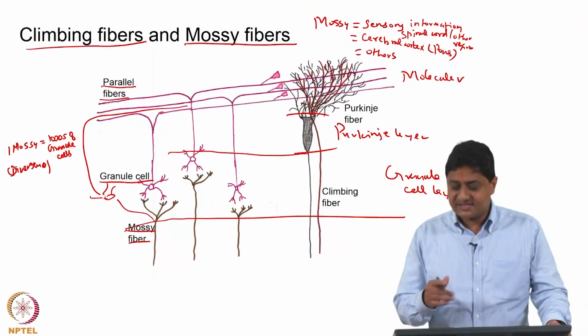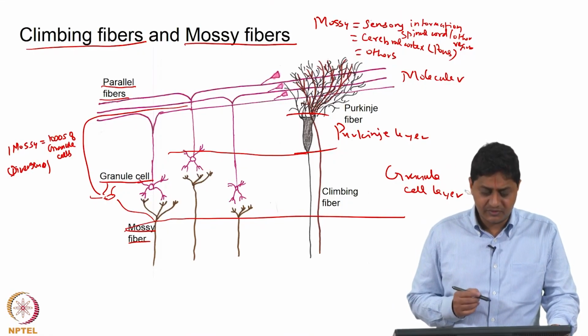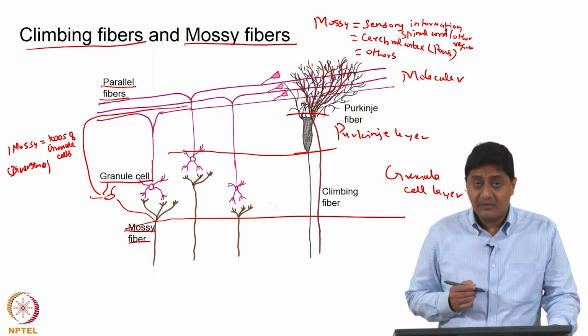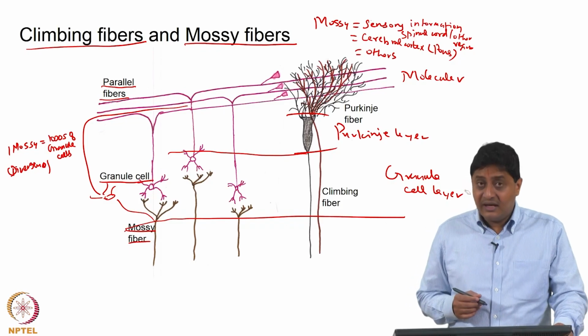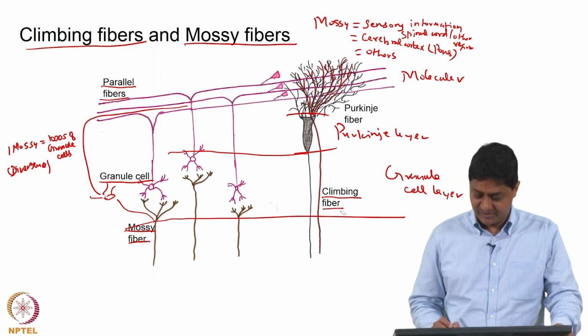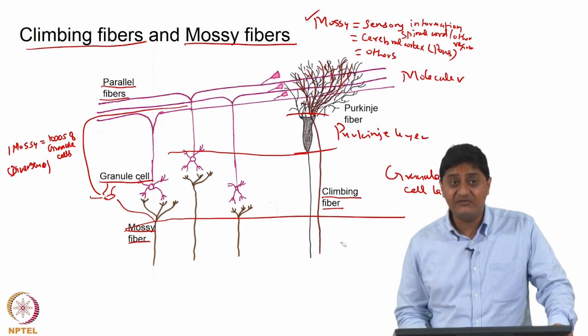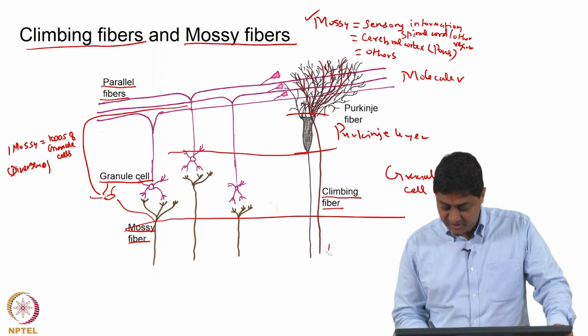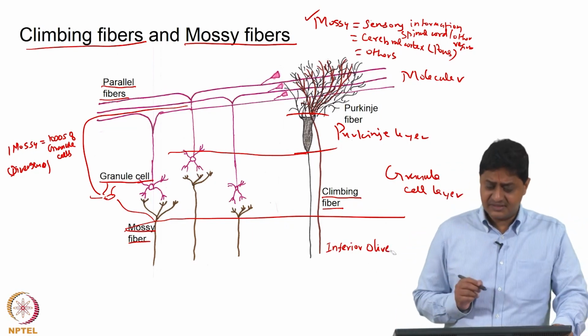So, okay. We discussed how Purkinje cells get inputs from thousands and thousands of parallel fibers or granule cell axons, right. Another major form of input to the Purkinje cells is the climbing fibers. Where do they originate? We said where the mossy fibers originate; the climbing fibers originate from the inferior olive, right. So, these are